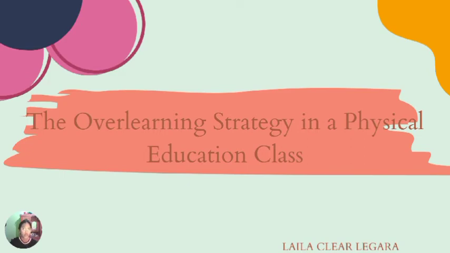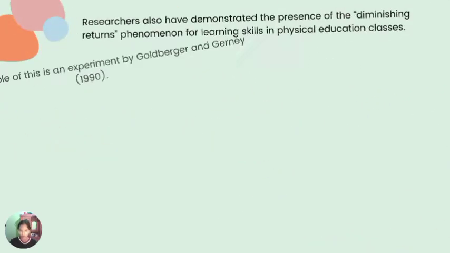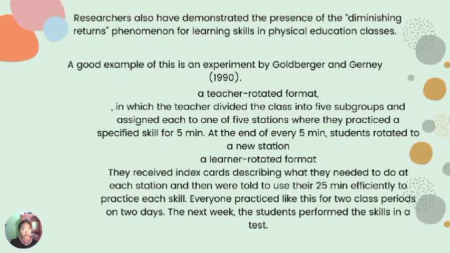So, the overlearning strategy in physical education. Researchers have demonstrated the presence of the diminishing returns phenomenon for learning skills in physical education classes. A good example is an experiment by Goldberger and Gurney 1990, which used the teacher rotated format in which the teacher divided the class into 5 subgroups and assigned each to one of the 5 stations where they practiced specified skills for